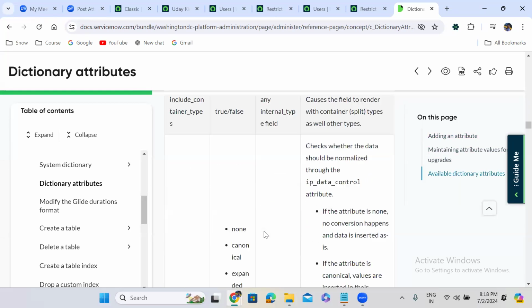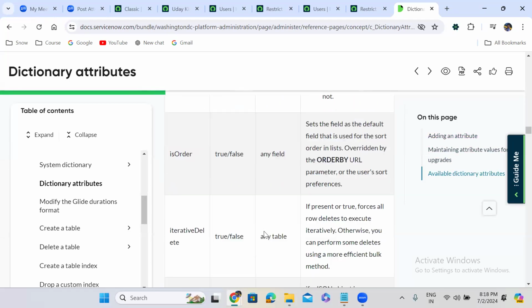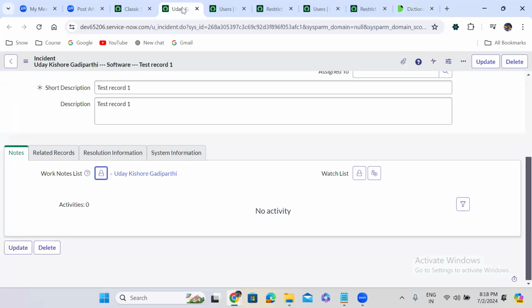If you get any requirement, usually you don't get any requirements on attributes. If you get any requirement to change the field behavior, just go through this document and identify which attribute is helpful to change your field behavior. Okay. So for our requirement to remove this add me icon,